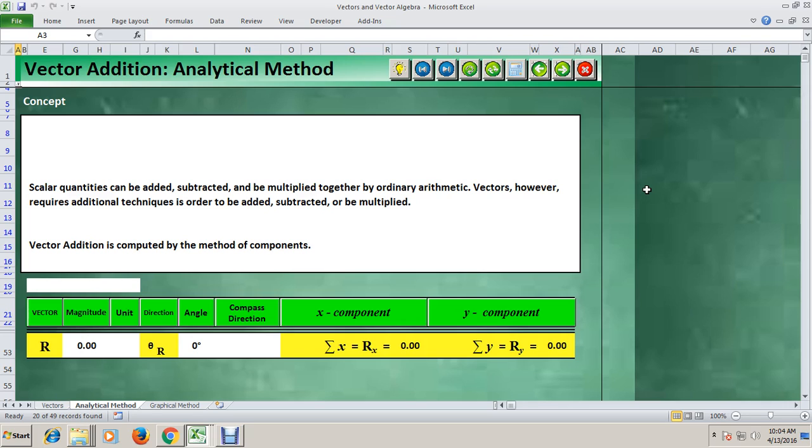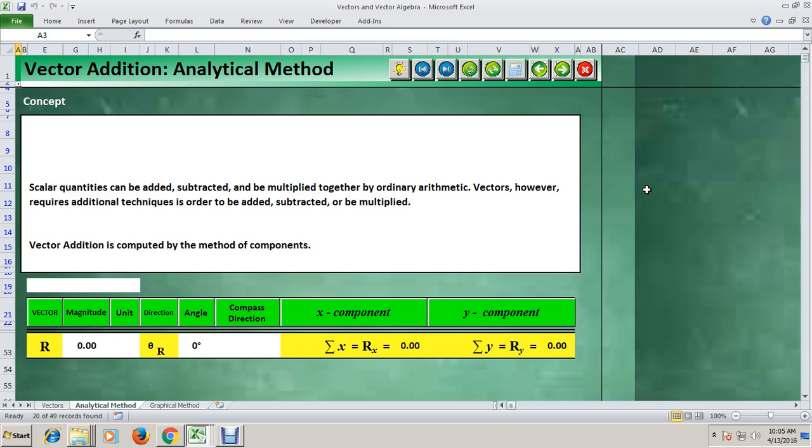For example, when you subtract 5 kilos from 8 kilos, you would end up with 3 kilos. Multiplication also for scalars, you are only required to do ordinary multiplication, such as when you are asked to get the area of a given space, you just multiply length times width,